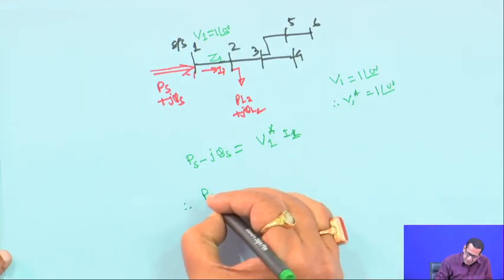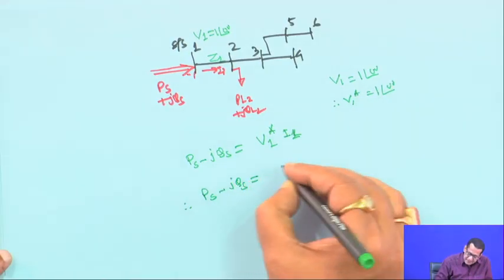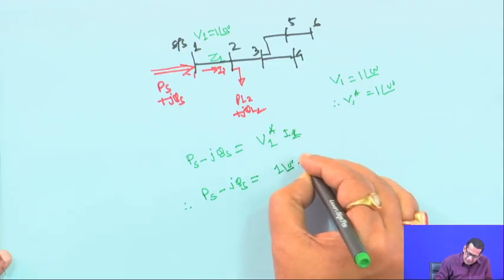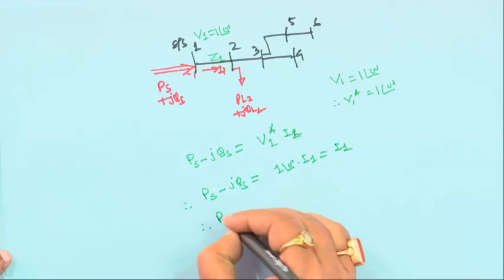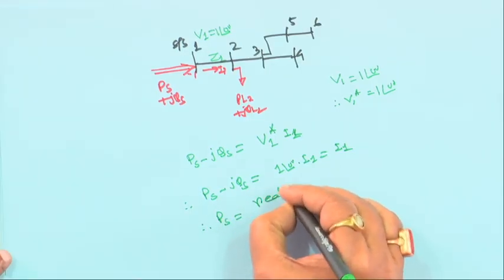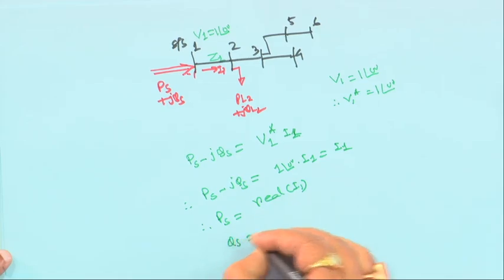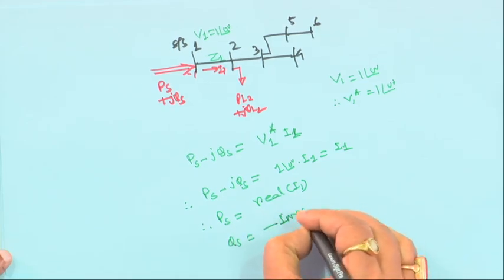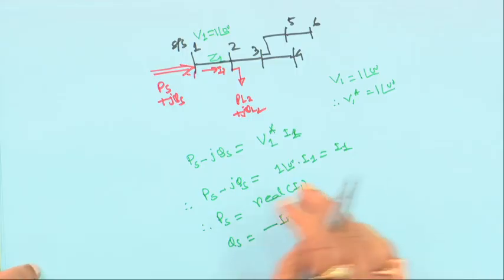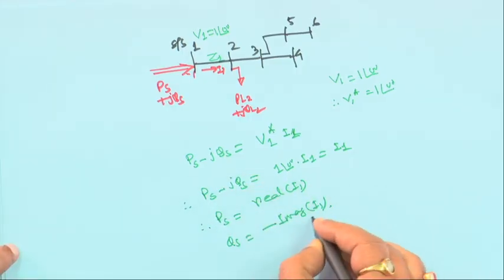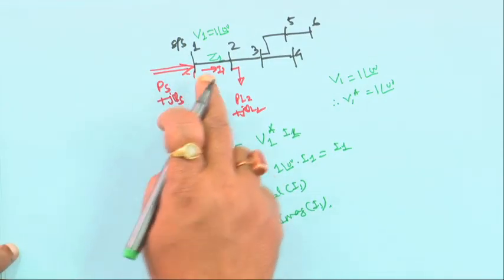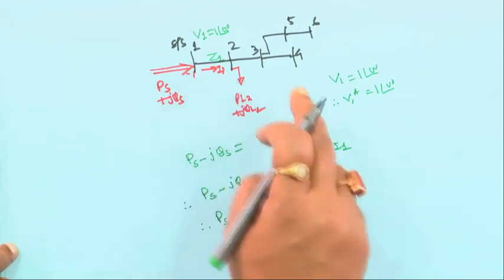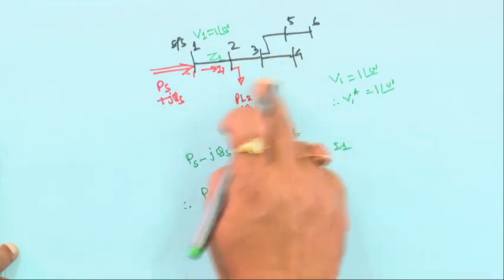That means PS minus jQS is equal to 1 angle 0 degree times I1, which is I1, everything in per unit. Therefore PS is equal to the real part of I1, and QS is equal to minus the imaginary part of I1, because it is P minus jQ. This PS and QS coming from the grid enter the substation, and this power is equal to whatever loads are there. Suppose you have NB number of nodes,